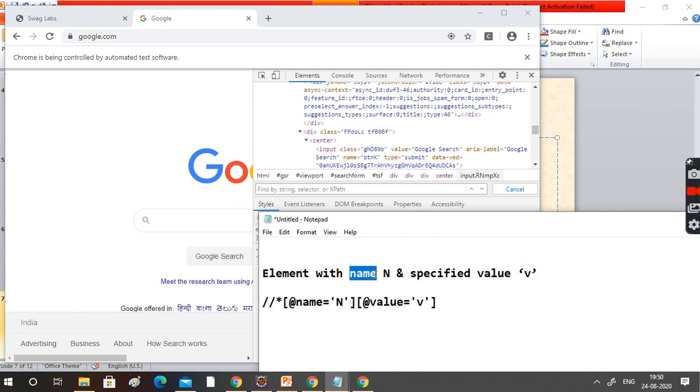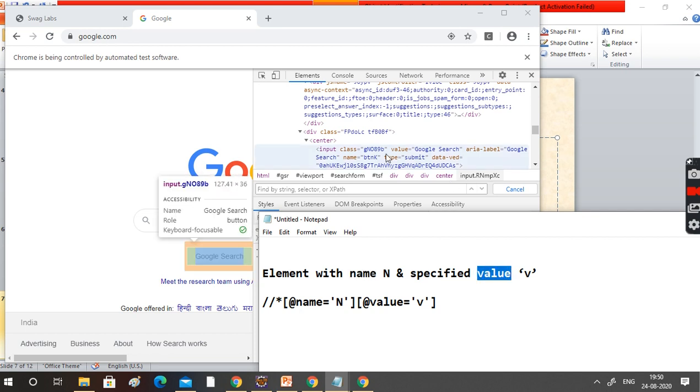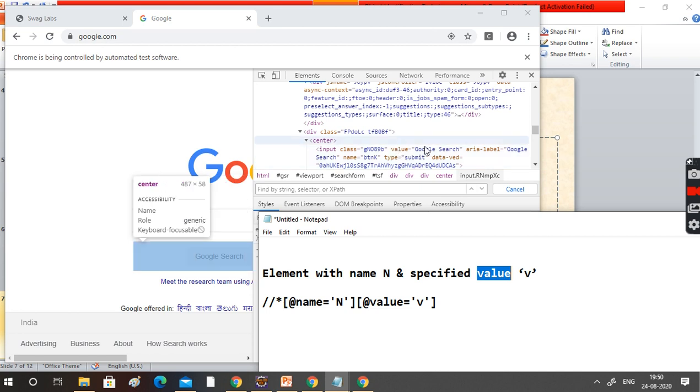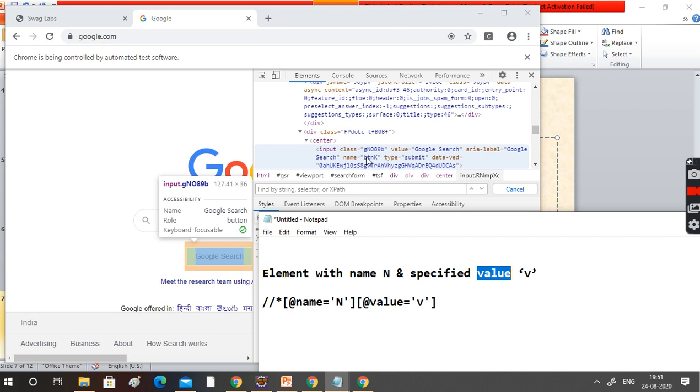This is the name attribute. What is the value? BTNK. This is the value attribute. What is the value? Google search. So I am trying to find this particular element with the help of these two attributes: name attribute and value attribute. That is what we are going to do. Let's go and see that.